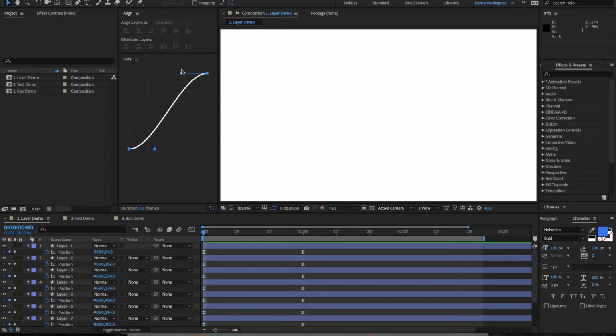So as you can see, this is our newest updated interface right here. This should be pretty familiar to you. It's a Bezier curve, obviously. Here we have our handles. Down here you can see the duration of the distribution. Right now it's set to 30 frames, and this is a toggle that allows you to toggle between ascending and